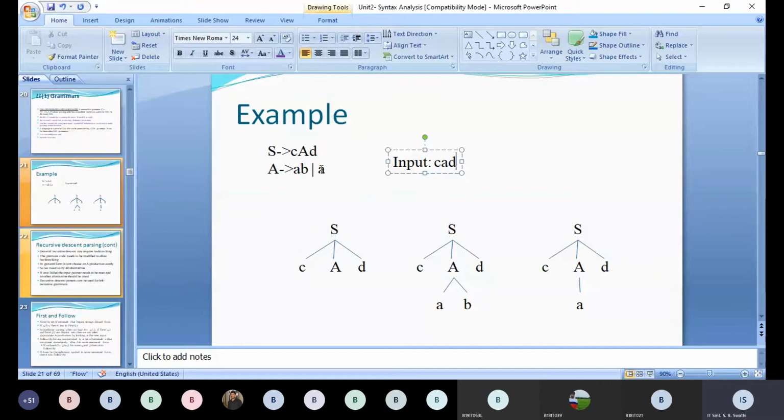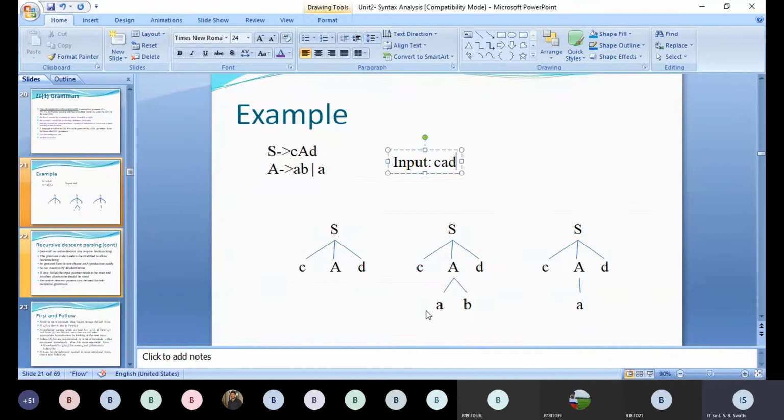In case small a is also not matching, if suppose we have some letters XYZ that do not match, then capital A should again be replaced with the next expressions that follow. So how many expressions are there for capital A or for this non-terminal? All of those we have to go on checking without skipping any. And there is no random pickup of the expression. In a sequential manner we have to do it. So that is the procedure which is done in recursive descent parsing.